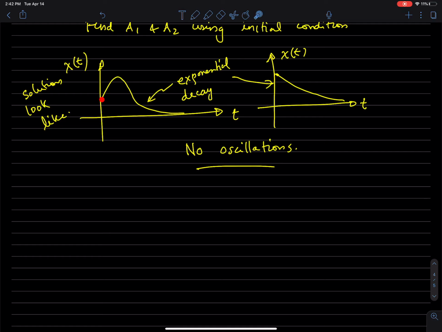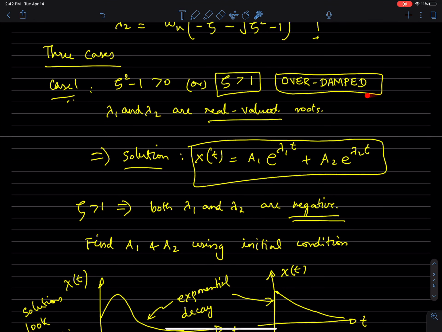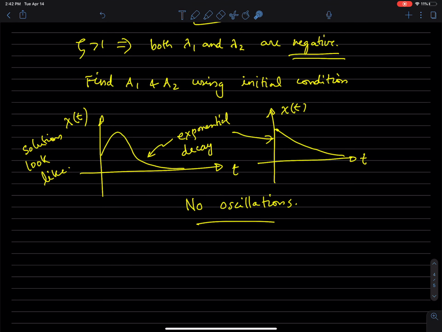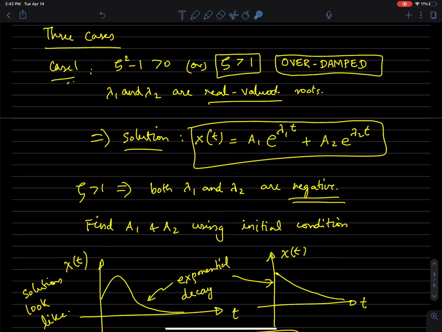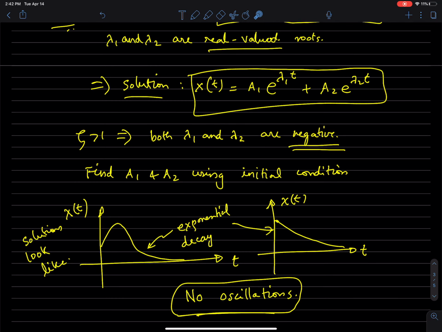Here, we've given it some initial velocity, so it goes further from zero, but then the spring pulls it back and the damper slows it down, and then both the speed and the position decay exponentially to zero, right? So this is the situation that's called overdamped, where there are no oscillations, very important, no oscillations. And the system, when pulled away from the equilibrium position, just exponentially decays back to the equilibrium position, namely x